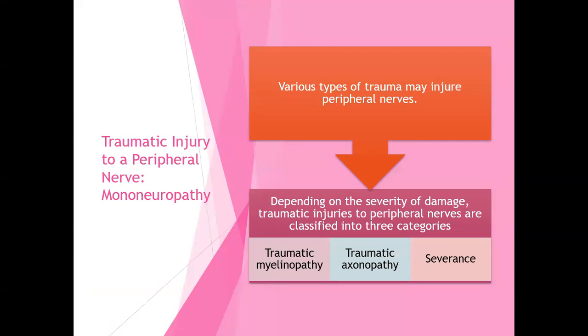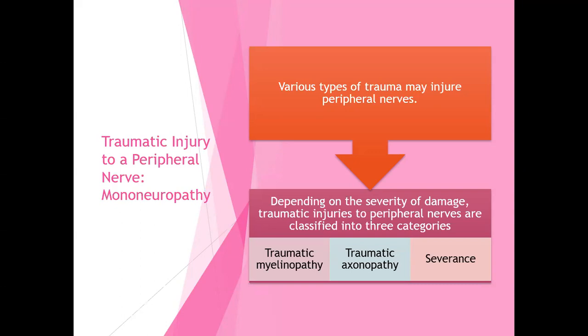So a good example of a mononeuropathy is traumatic injury to a peripheral nerve. There are lots of different types of trauma that can injure peripheral nerves. Depending on the severity of the damage, traumatic injuries to peripheral nerves are classified into 3 different categories. So the 3 categories are traumatic myelinopathy. So some trauma happens to the myelin. Traumatic